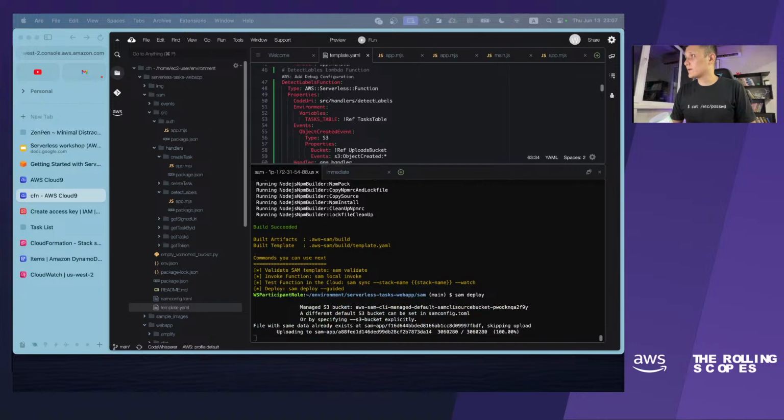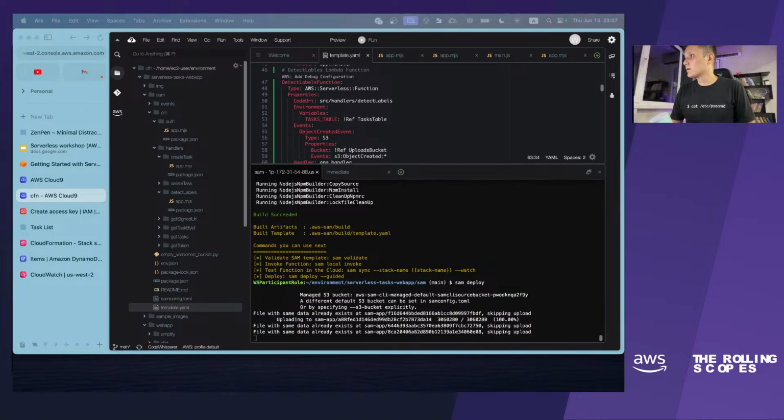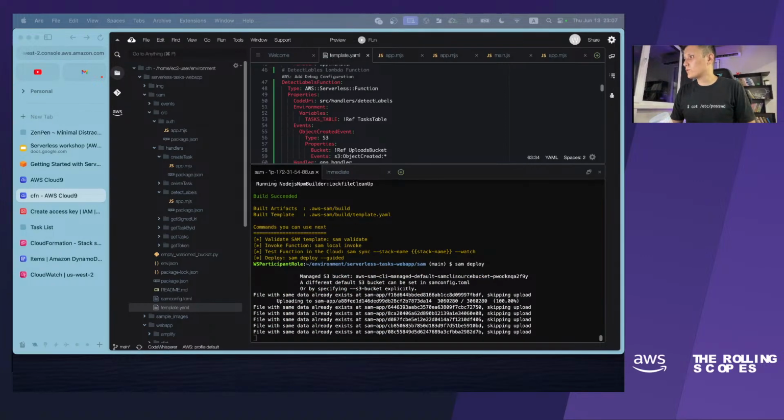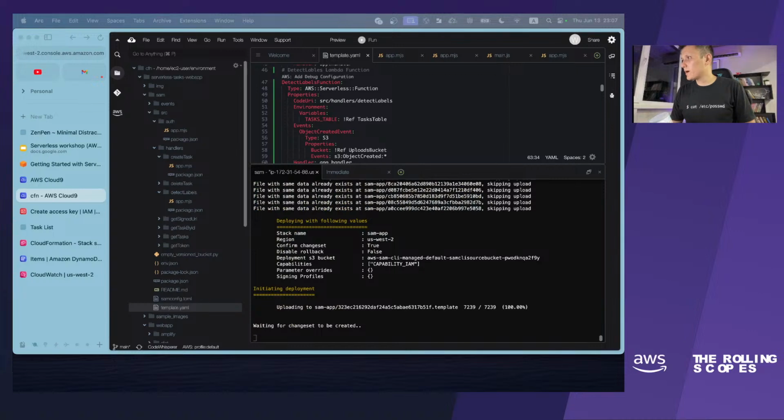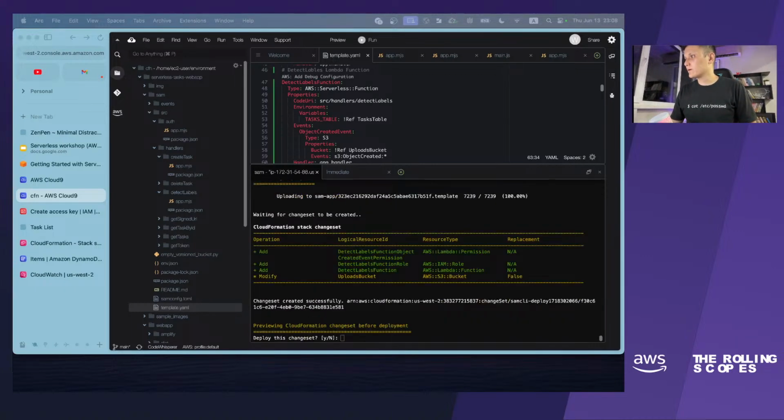Also, I can see one more error. Copy the template YAML, please. I will try with your version because I got an issue. Okay, unresolved resource dependencies, tasks table. It seems that you have wrong white spacing in your template.